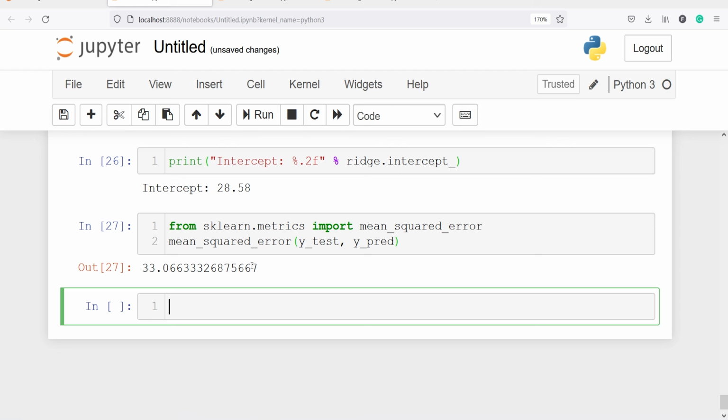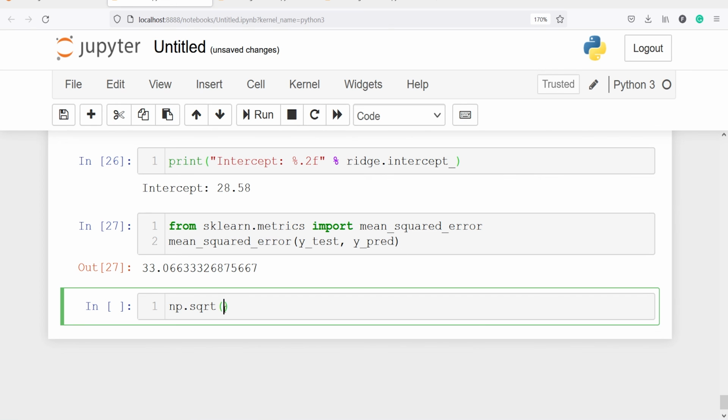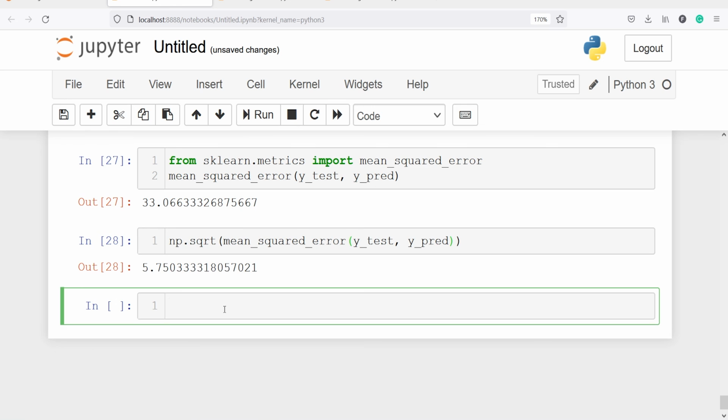We can also get the root mean squared error, that is RMSE. RMSE is nothing but the square root of MSE. So from NumPy, I will call the method sqrt, and inside this, I'll just copy this code from here and paste it here. And you can see that we got the square root, that is the RMSE, and RMSE is 5.